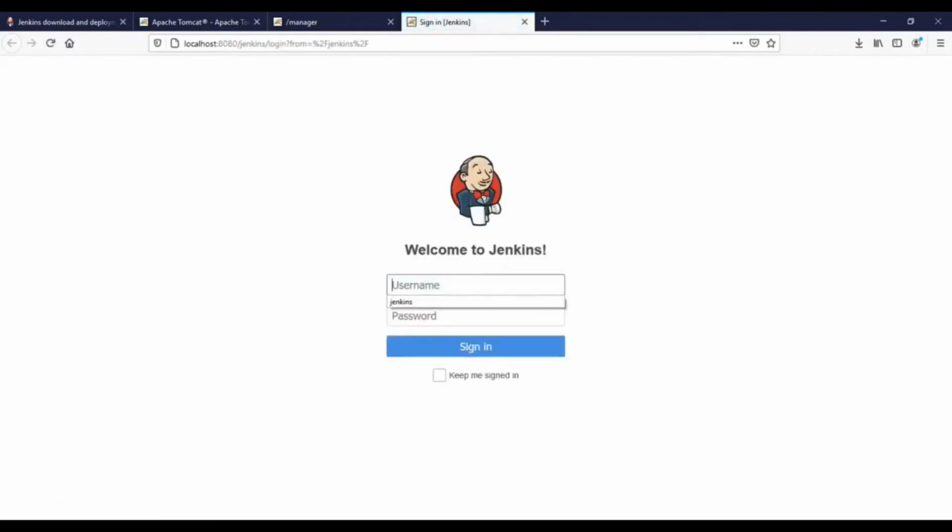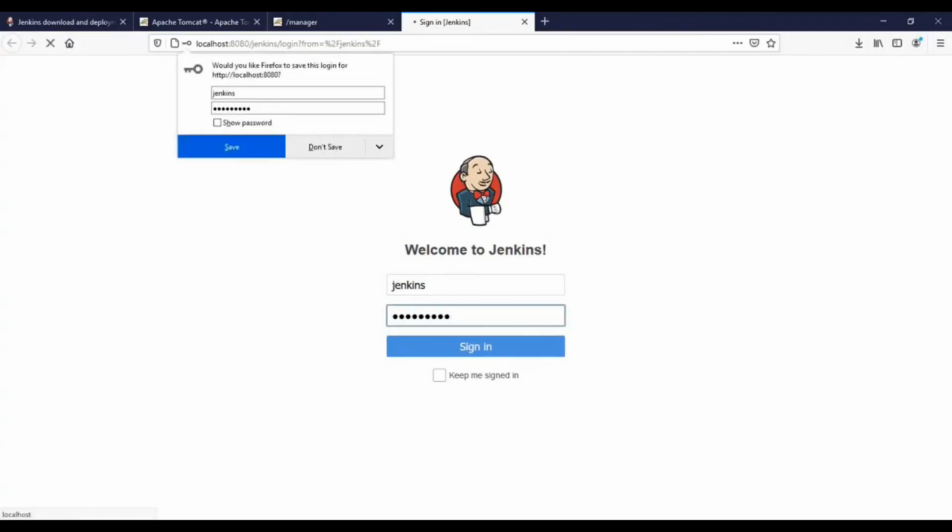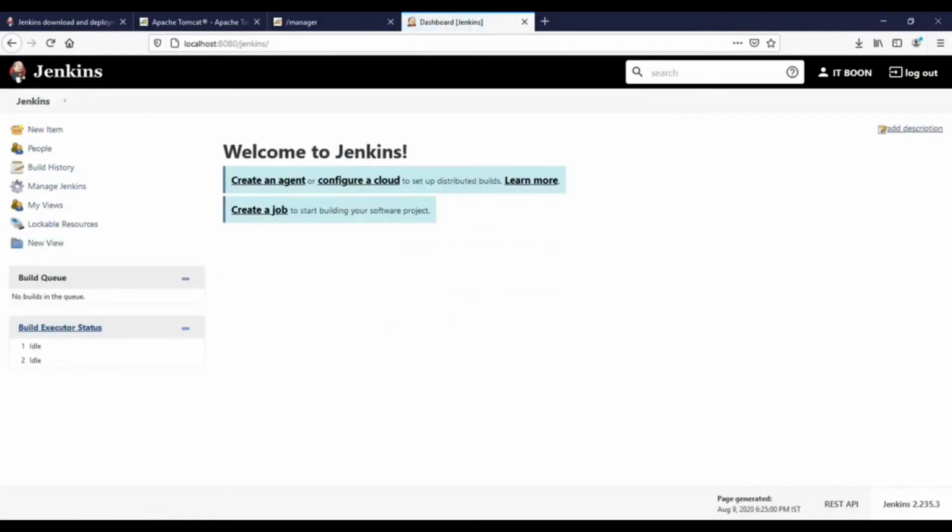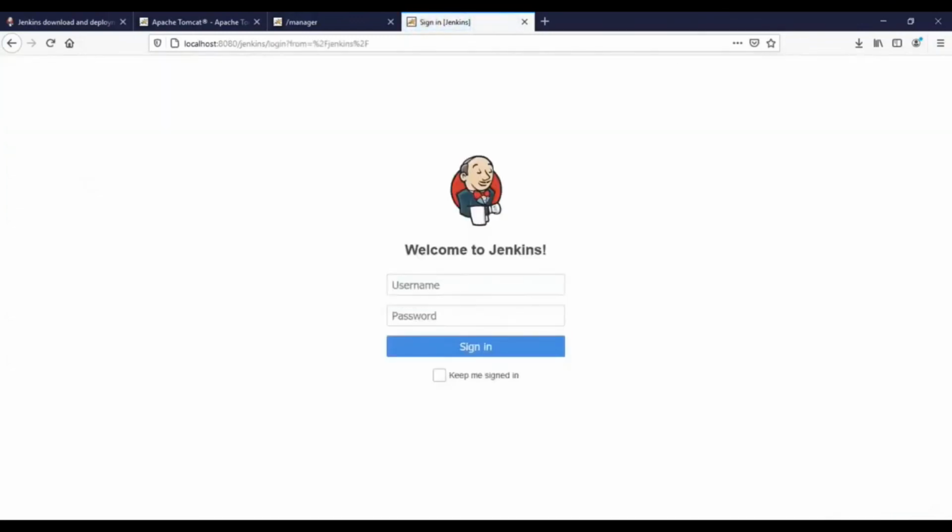Okay, so here is the login prompt. I have the user ID and password created already in the previous deployment, so that's why I'm able to log in here. Okay, go ahead and log in. It works fine. This is the home page of Jenkins, with a login prompt by default. So you can click on logout and go out of this page. This will be the login page.